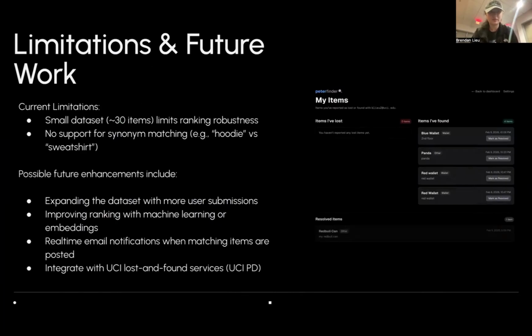Our possible future enhancements include expanding the data set with more user submissions. We can improve ranking with machine learning or embeddings. We can also implement real-time email notifications when matching items are posted, and we can integrate with UCI's existing lost and found services, UCI PD, for a